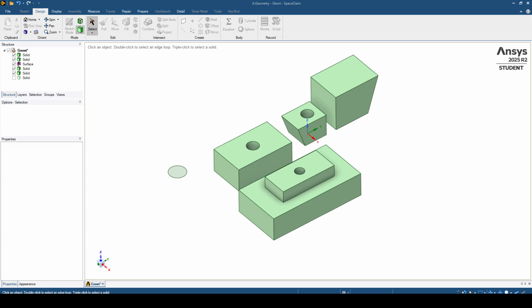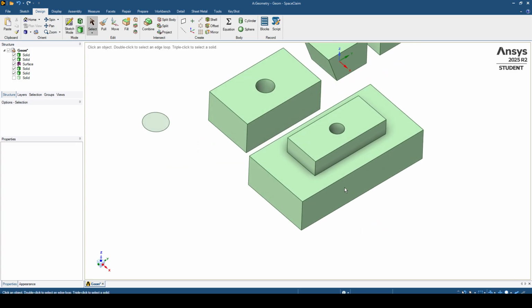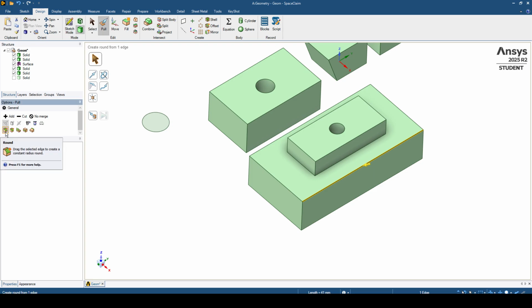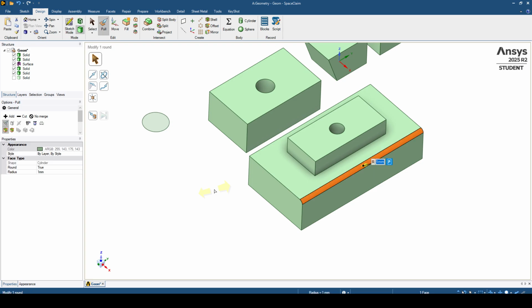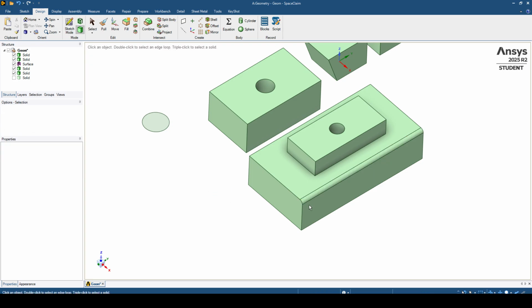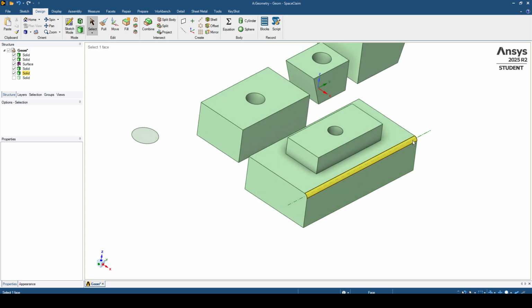Let's start with the Fillet tool. The Fillet tool allows you to round edges by applying a radius. So, doing that on this part here, on the skin as you can see, let's try to do it on this edge. By clicking on this edge, we go to the Pull tool under the Design tab, and as you can see, we have on the first features here the round, which is the fillet feature. It's already clicked here, so we type 1 millimeter for example, and I click enter. As you can see right now, we can exit and we have a fillet with 1 millimeter as radius on